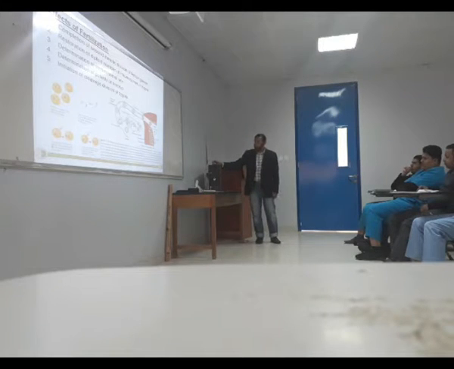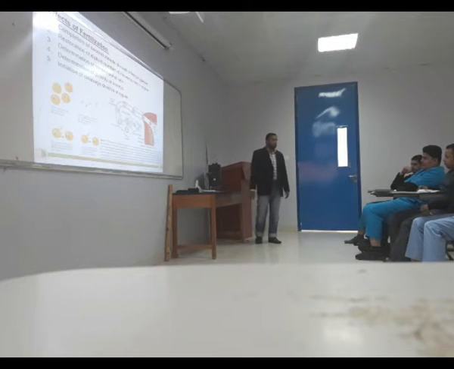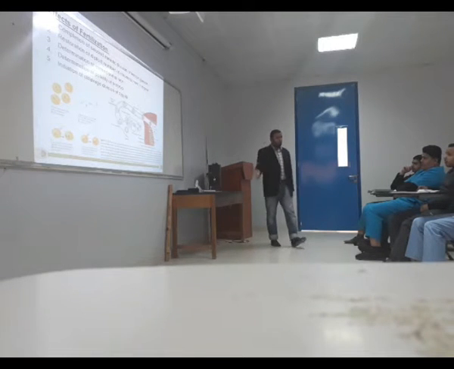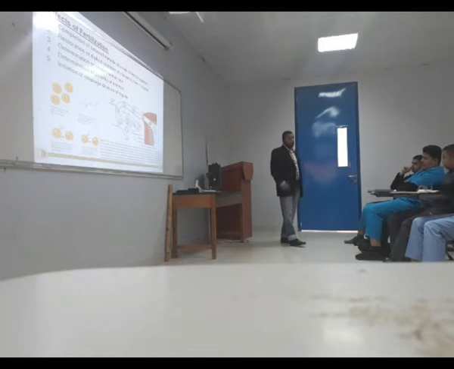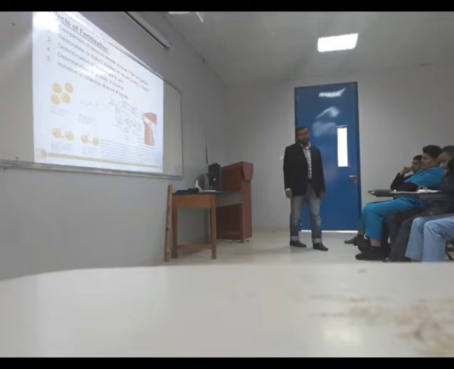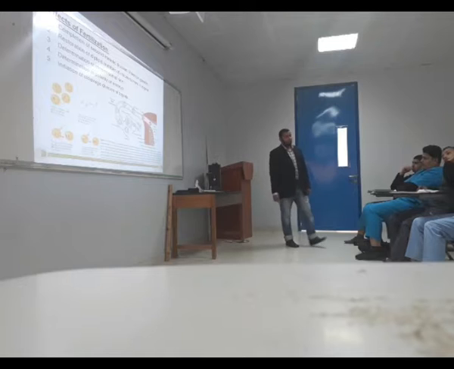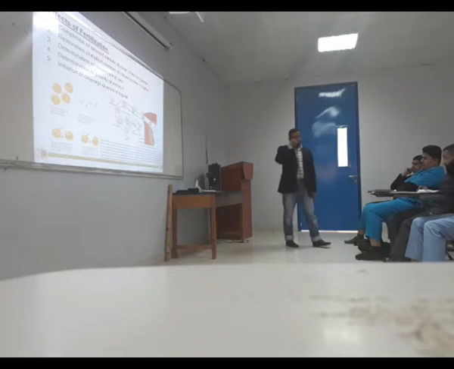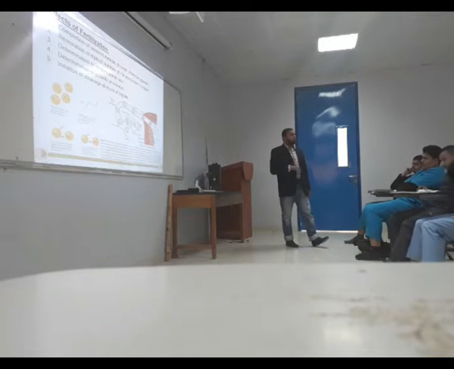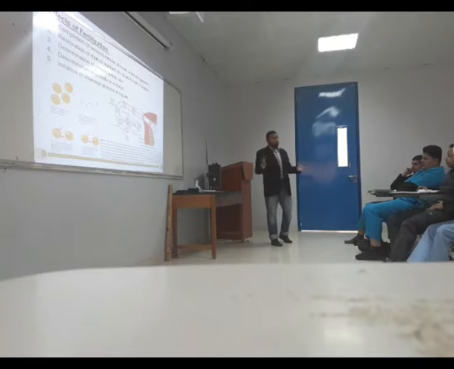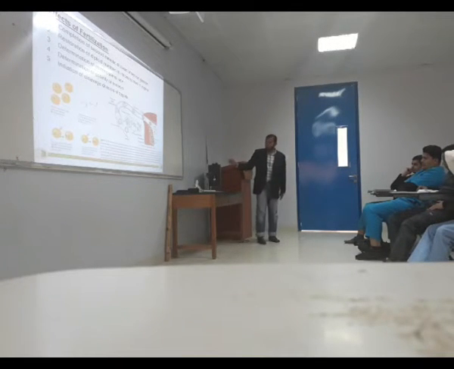Then determination of polarity of the embryo. What do you mean by pole? Like North Pole and South Pole. Similarly, we have the head and the tail end. Even though humans don't have a tail, they call it the tail end. There is a part which is determined as head, a part which is determined as the tail. It is already going on, even though nobody knows. So it is already determined.